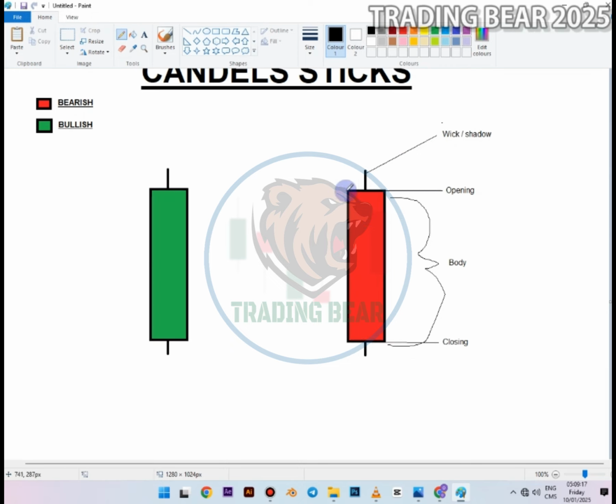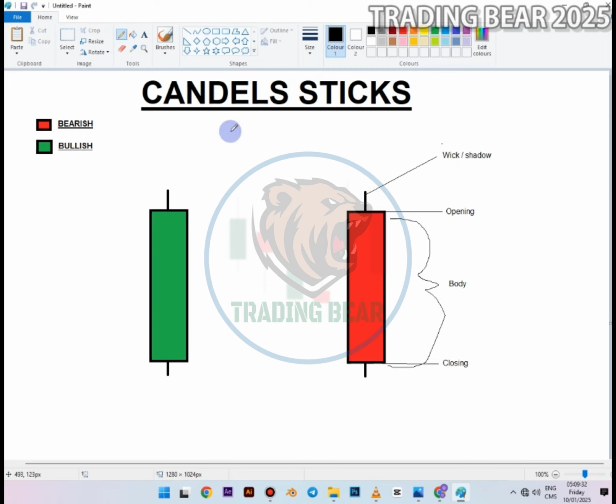So price opened from here. This is where the candle was opened, in context to the time frame. So let's say for example we are using 1 minute. It opened from here, so it will start counting 1 minute for the whole candlestick to be closed, and then open another one, and the second one would also be 1 minute, because we are in the 1 minute time frame, for instance. So it opened here, and